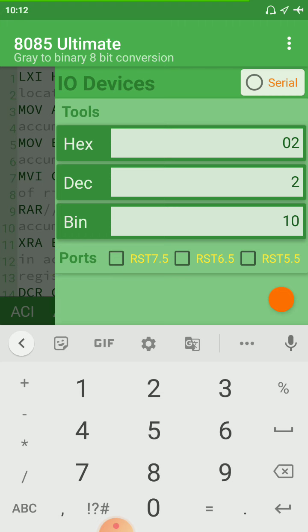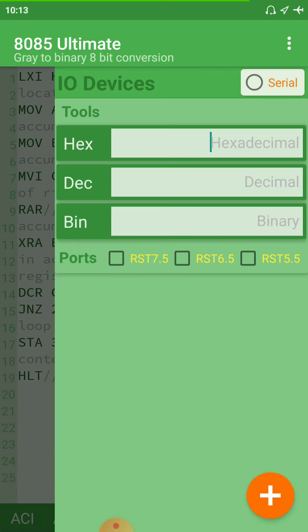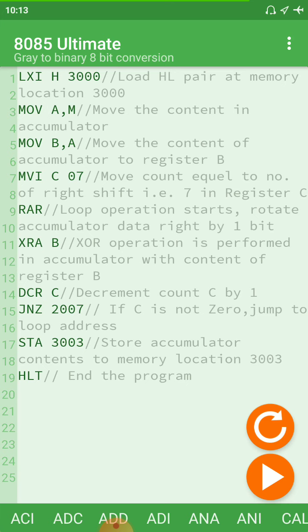And previously we have taken your number 01. So this is done. This is your program for conversion of binary numbers to gray code, right?